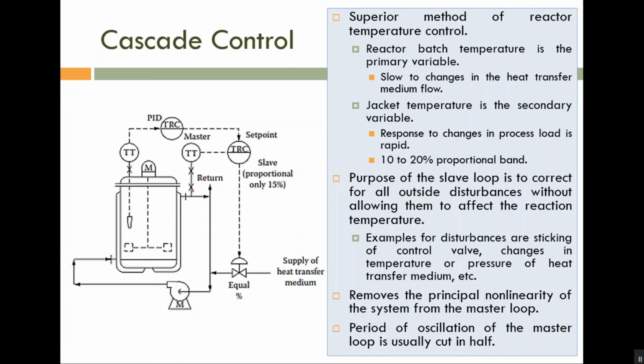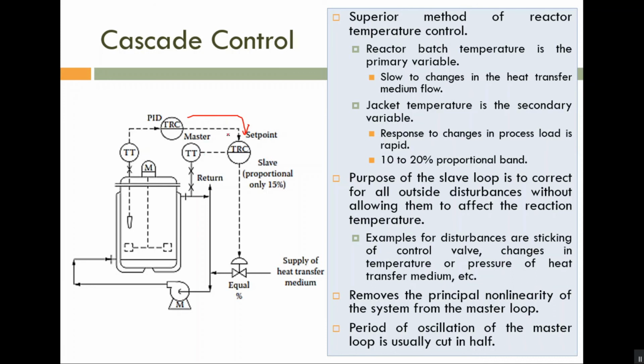Due to some reason, if this temperature is changed, definitely it will affect the process dynamics. It will affect the current equilibrium. So in order to reduce the effect as early as possible, this temperature is measured, and that measurement is compared with the control output given by the primary controller. That one is compared with the manipulating variable, that is the temperature carried by the manipulating variable after the jacket. Okay, so these two are compared.